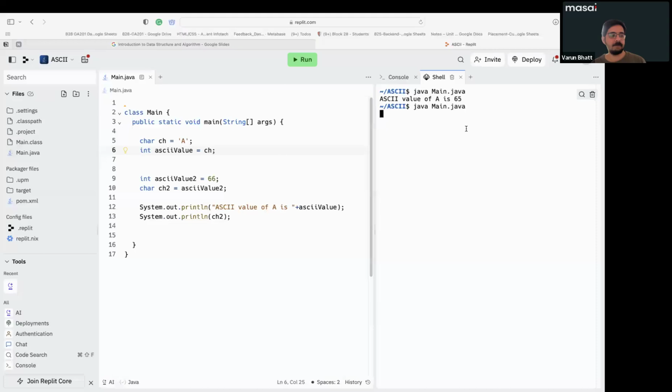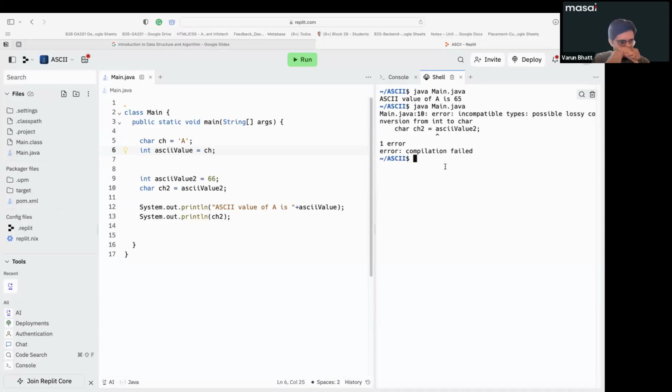One second. If I'm printing in this way, then in that case